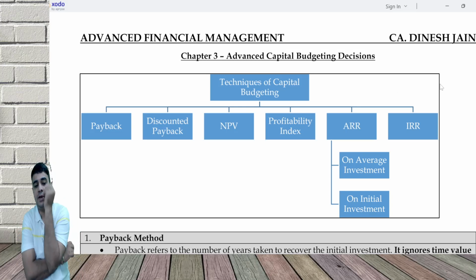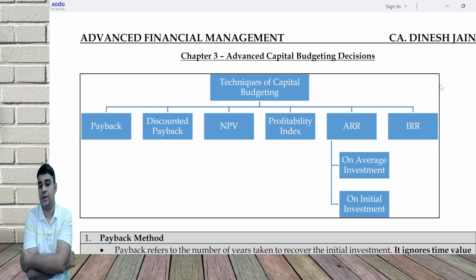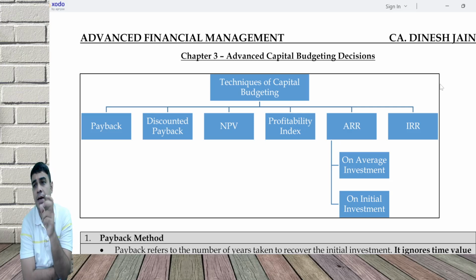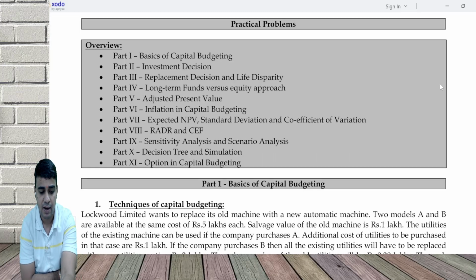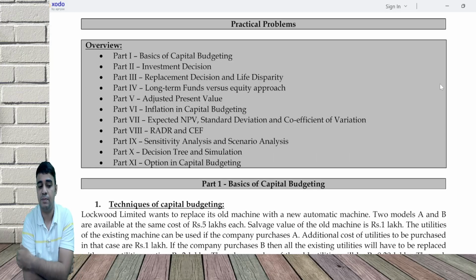Okay, let's now move to advanced capital budgeting decision, which is a new addition in your syllabus. Now, in advanced capital budgeting, I said there are two parts: one, which you learn at CA Inter, which is the basics part of it, and second, which you're going to learn additionally here. So, I have broken down the syllabus into 10 or 11 subparts, which starts with basics,